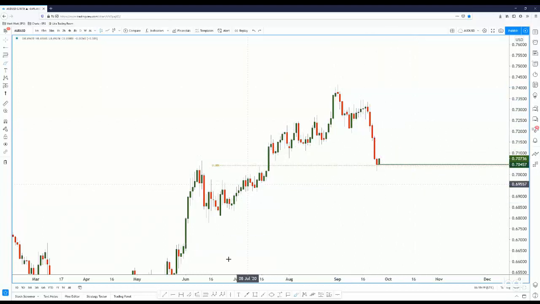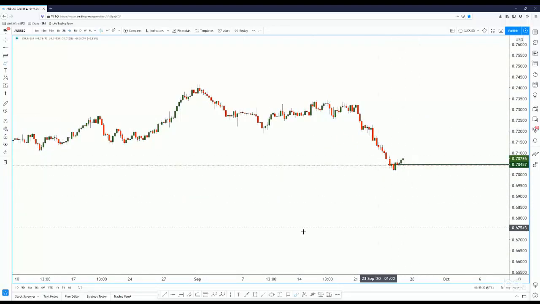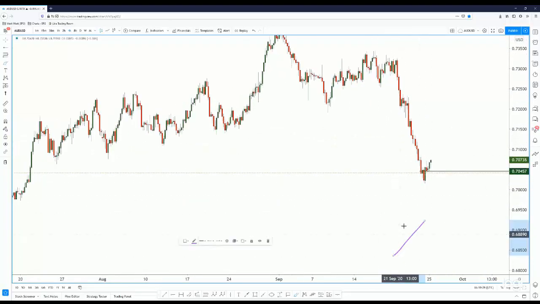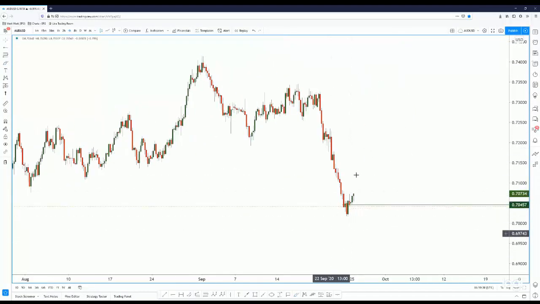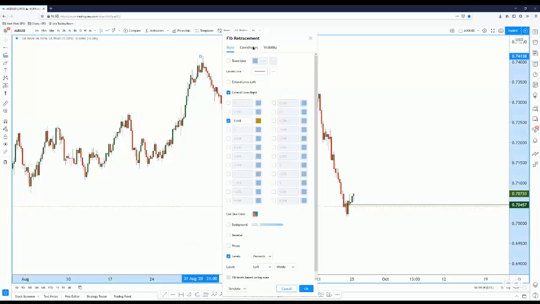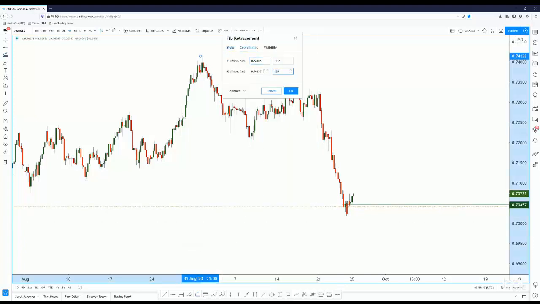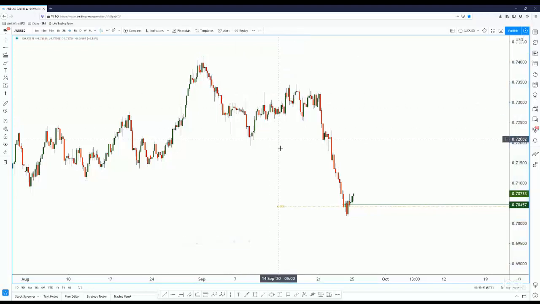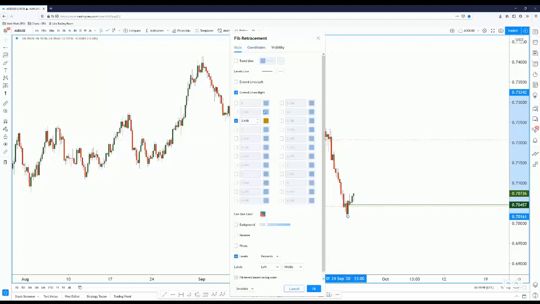Alright, so for that, let's go down to the 4 hours. Okay, so we have a bullish engulfing candle over here to show the reversal is confirmed. Let me tidy this up first. Okay, let me use a Fibonacci retracement of the last movement from the high to the low. Okay, the 61.8 is also a very nice graphical overlap here, but Elliott wave actually says that if this is